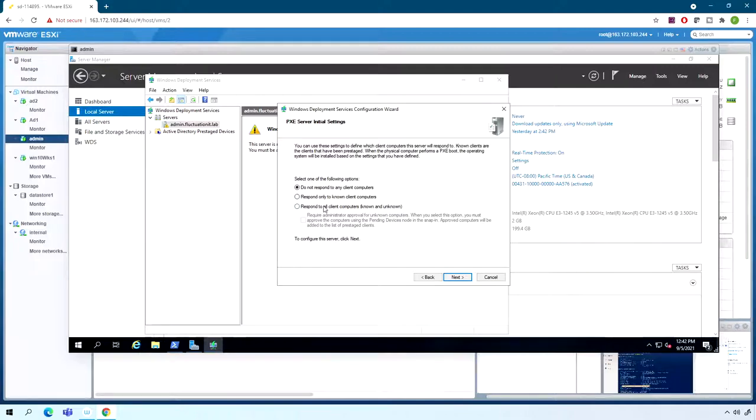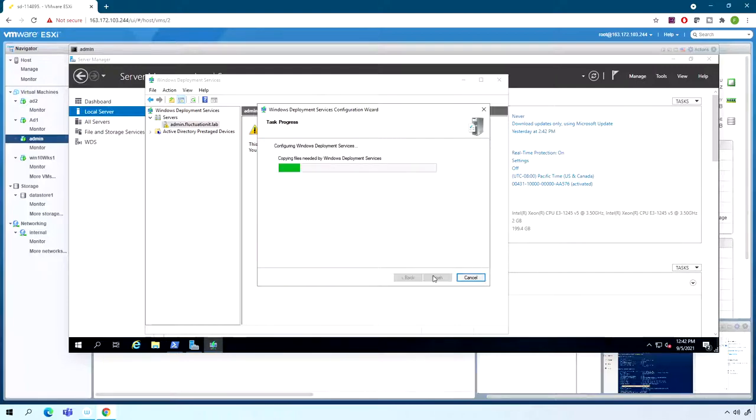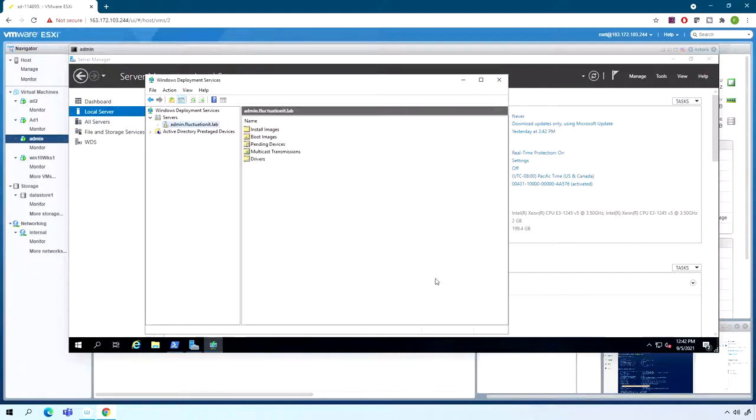And I will answer to known and unknown computers. Okay, you can choose not to respond, only to known computers. I will do this one. Okay, and I can also require approval. So when a computer wants to install Windows 10 by the network solution, I must approve it. Okay, so I will do next directly, and that's it. Okay, I can add an image here, but I will not do it now. I will go here and I will do finish. Okay, cool. So this is the first step to be able to install your Windows 10 or Windows 2019 through